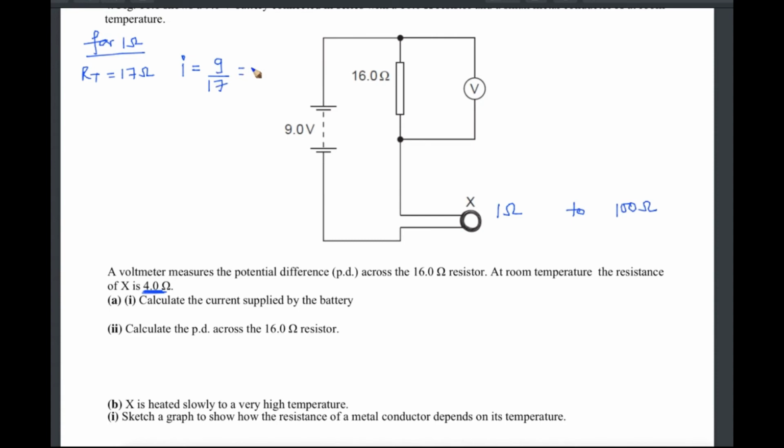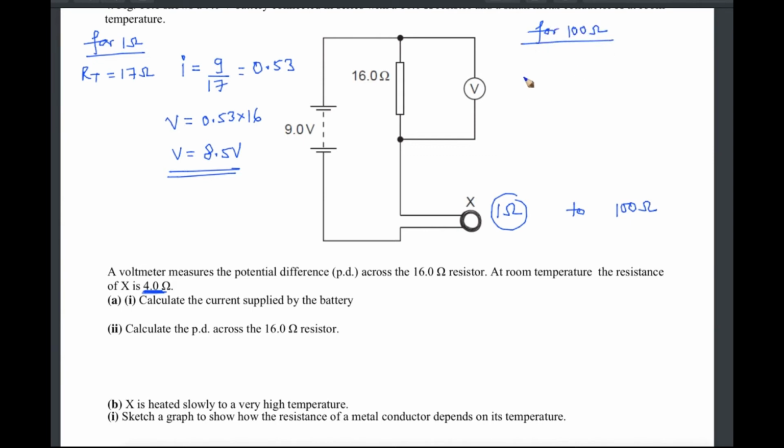One minute, let me take my calculator. So 9 divided by 17, this is 0.53. So voltage is 0.53 multiplied by 16, which is 8.5 volts. So when the resistance is 1 ohm, it's 8.5 volts. Okay, let's check for